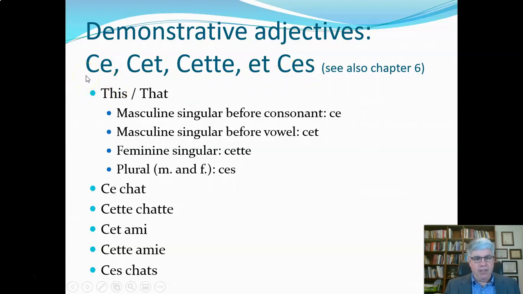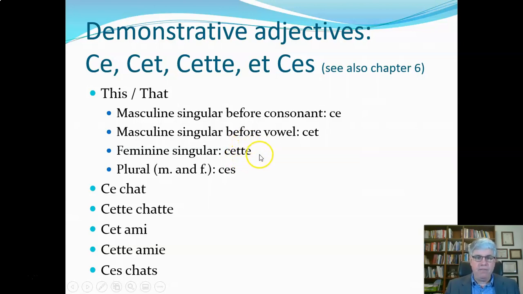Generally, this is translated as this or that, or if it's plural, these or those. So the masculine singular before a consonant is going to be ce. The masculine singular before a vowel is going to be cet. The feminine singular is going to be cette, pronounced the same way also, but we're going to see a lot